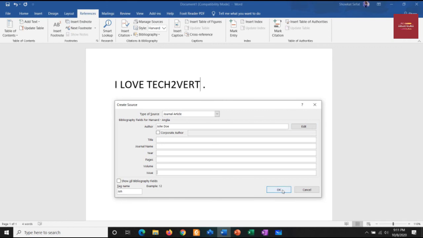So these are the three ways I use to cite my assignments, and as I have mentioned, I have been doing assignment writing for quite a long time, and these are the three techniques I personally like most. There are various other options available to you, but these three are the ones that I like most. So that's it from me today.